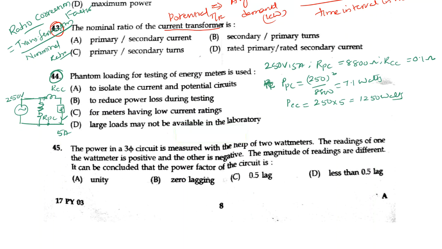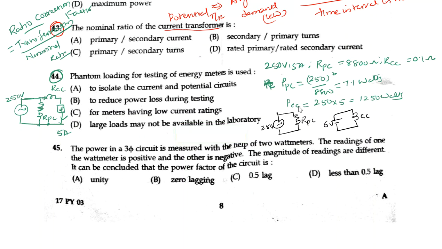Now by phantom loading, what we will do is, you will take the same energy meter, the supply, which will connect to the potential coil. Now 250 volts, and here it is R PC, it will be the same. Actually, in the given data of the question itself, we assume that the phantom loading is done with the circuit excited by a 6 volts battery. So this 6 volts battery is given in the question itself. Now we are energizing this current coil here. So this is the CC here.